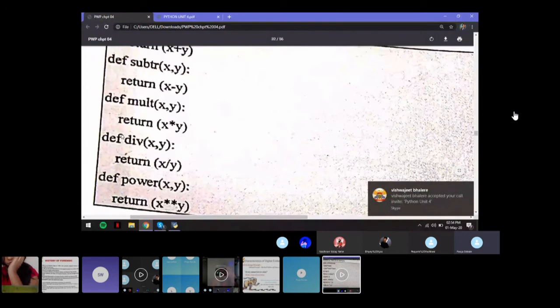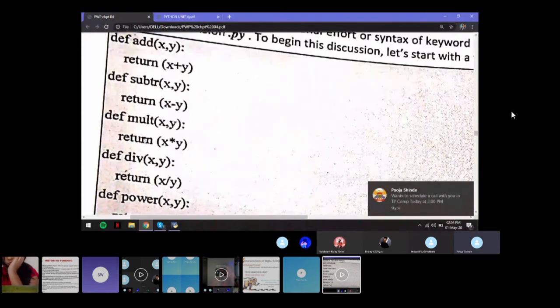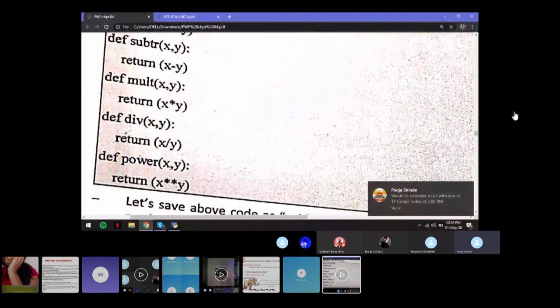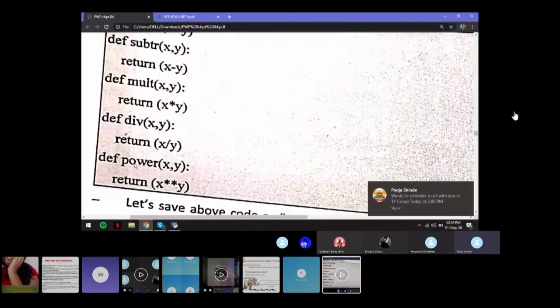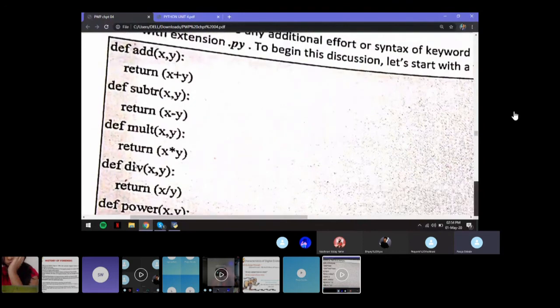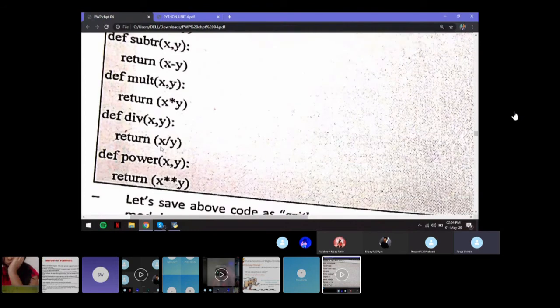Okay. So suppose you have this function which is just calculating the addition, subtraction, multiplication and division and power of two numbers x and y, and it is just going to return x plus y, x minus y, x into y, x divided by y, and x double star y.